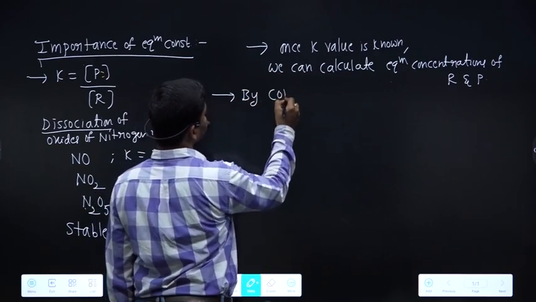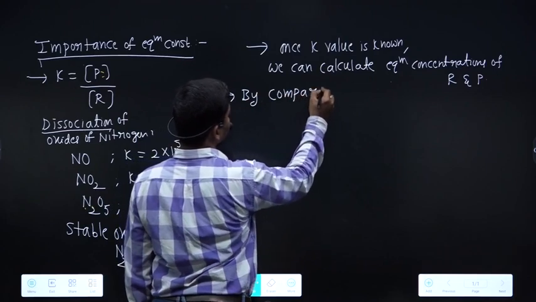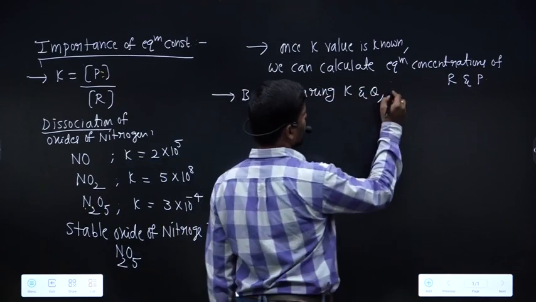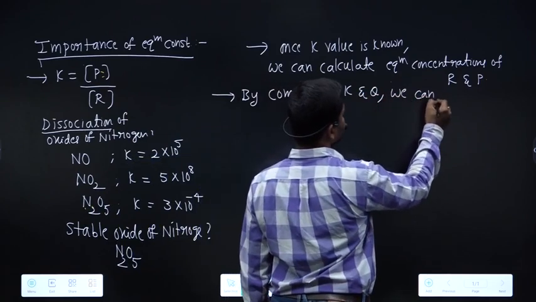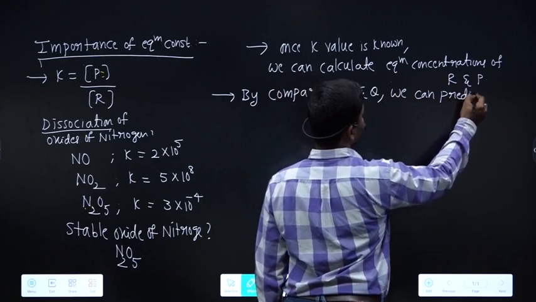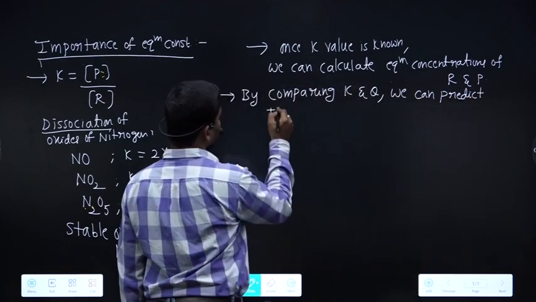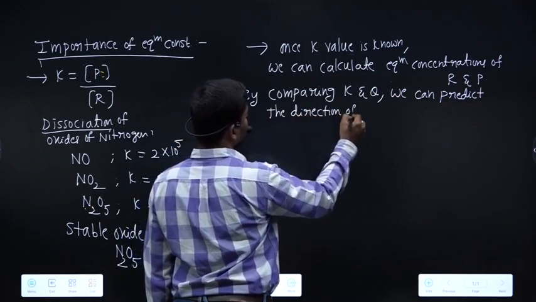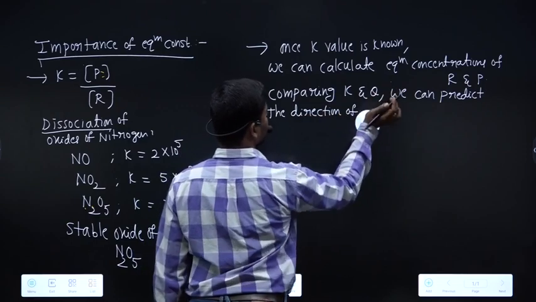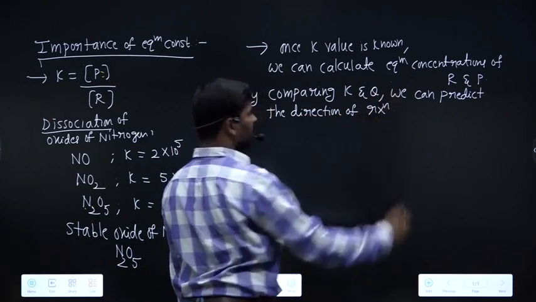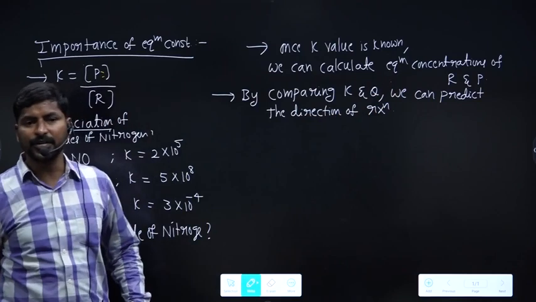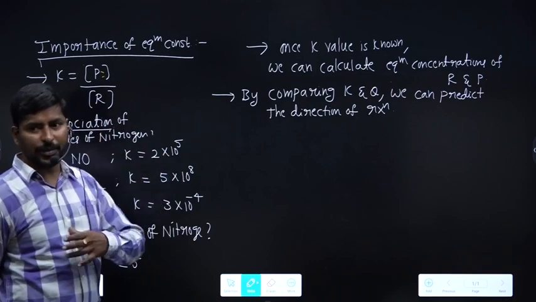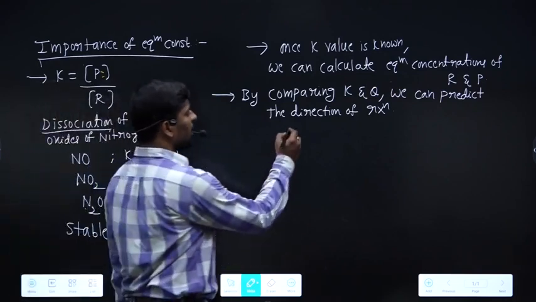Write that point. By comparing K and Q, we can predict the direction of reaction, whether it proceeds in forward direction or backward direction or is at equilibrium. If you have a reaction like this,